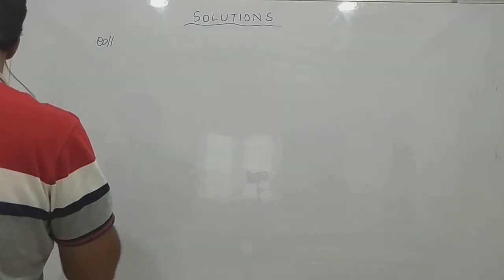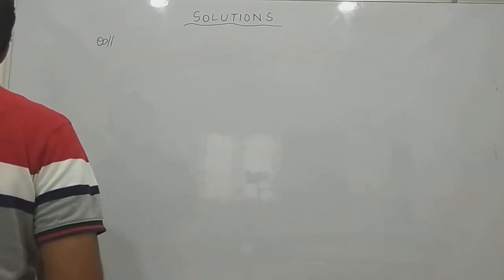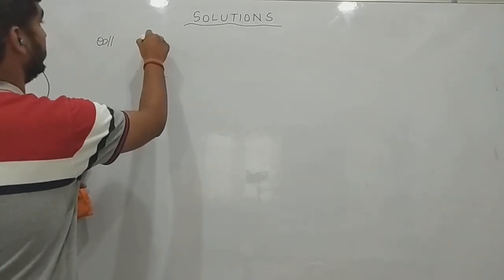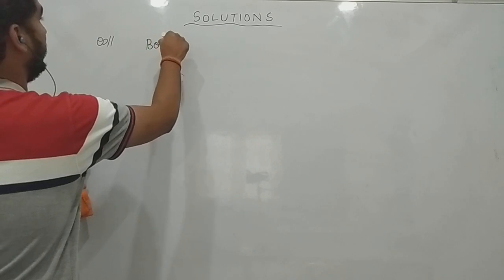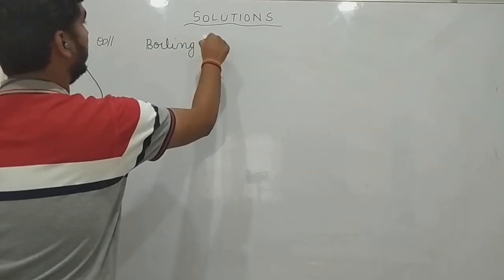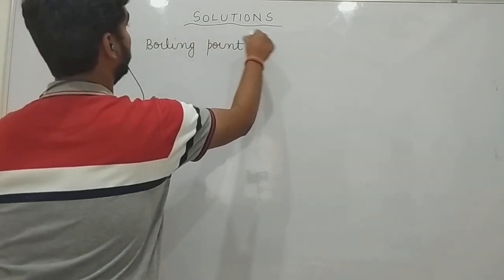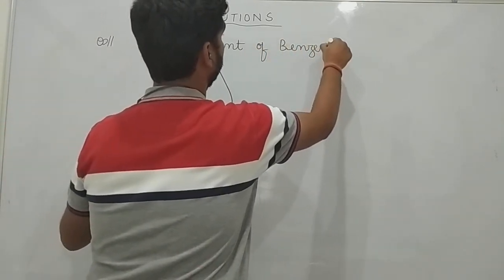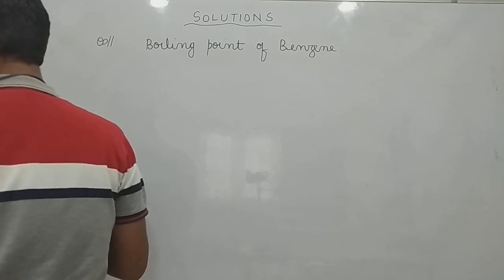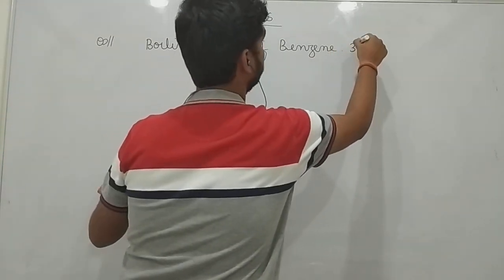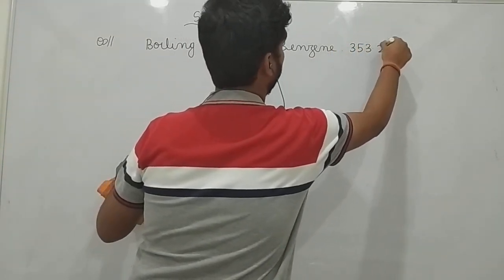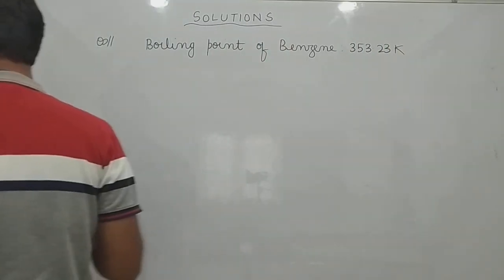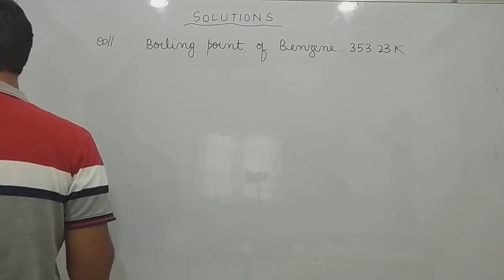Let us see one more question. The boiling point of benzene is 353.23 Kelvin. Question says that boiling point of benzene is 353.23 Kelvin. Now, when 1.80 gram of non-volatile,